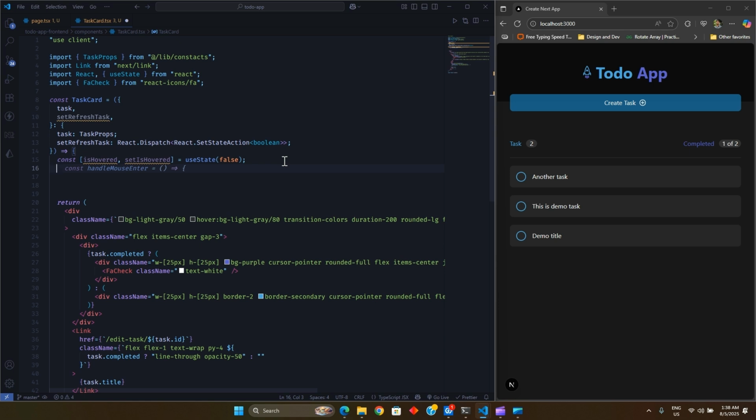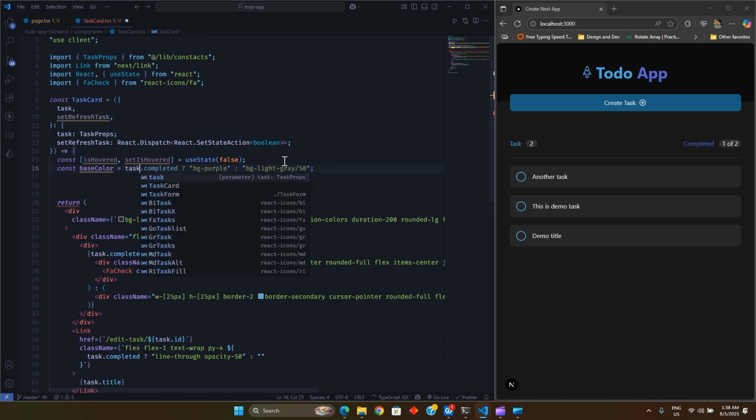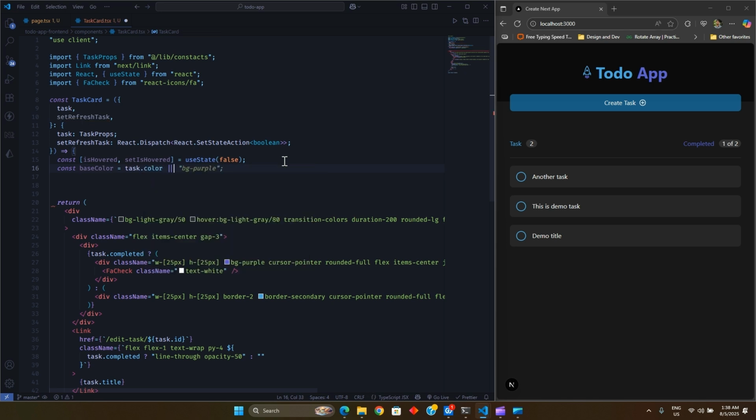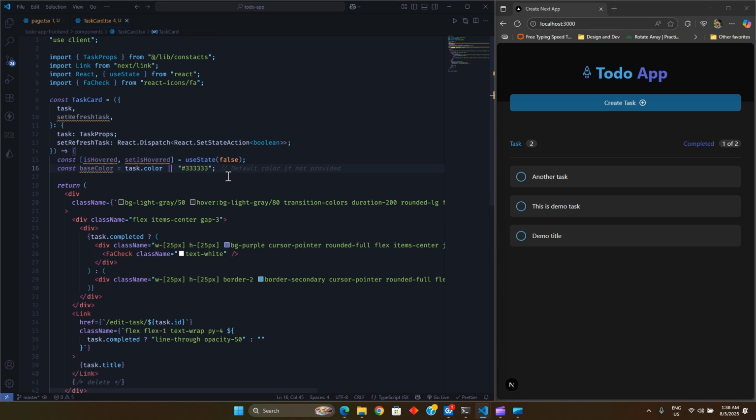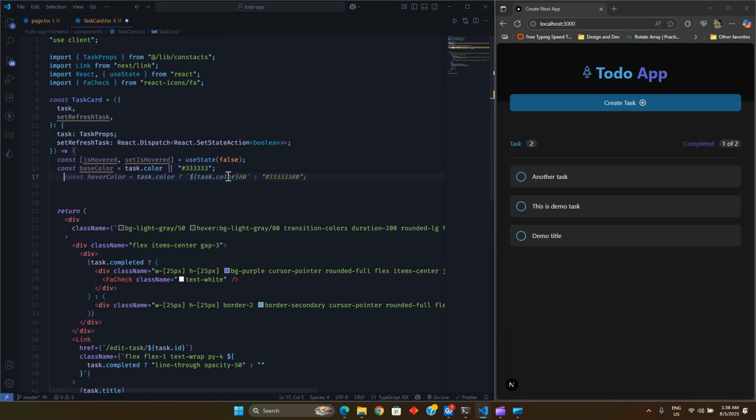So after this we need to create a default color. So const base color is equal to task dot color. If there is a task color, then that color will be the base color. If not, we will simply provide the default color, which is 333333. Yeah, so this is our default color. And after this, we also need to have the hover opacity. So const hover opacity, which will be by default 70,